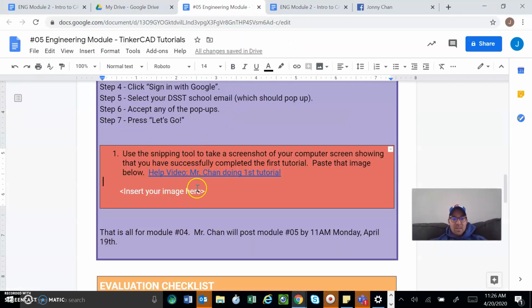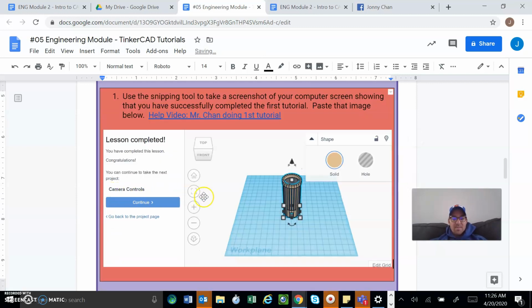And it says paste it in right here. So I'm going to paste that image right here. And bam, there it is. That's how we do the first tutorial. And I paste it